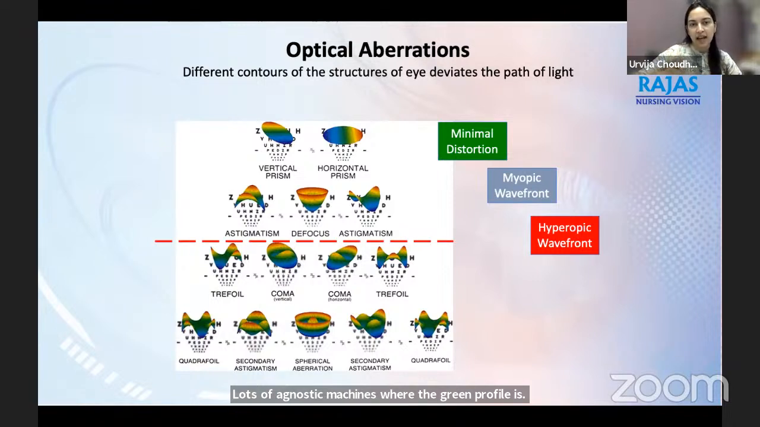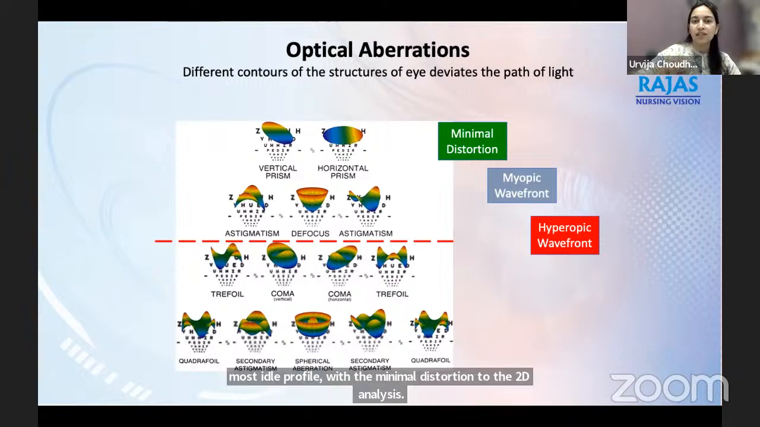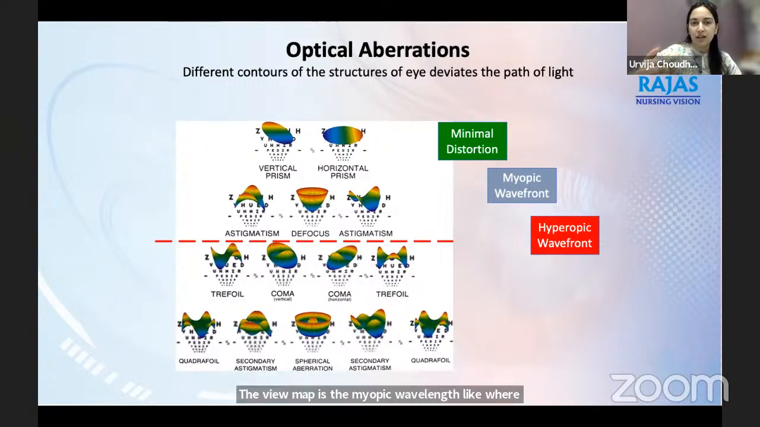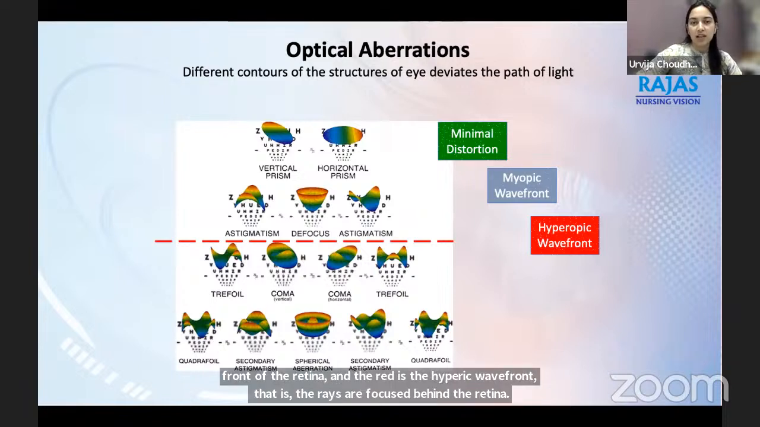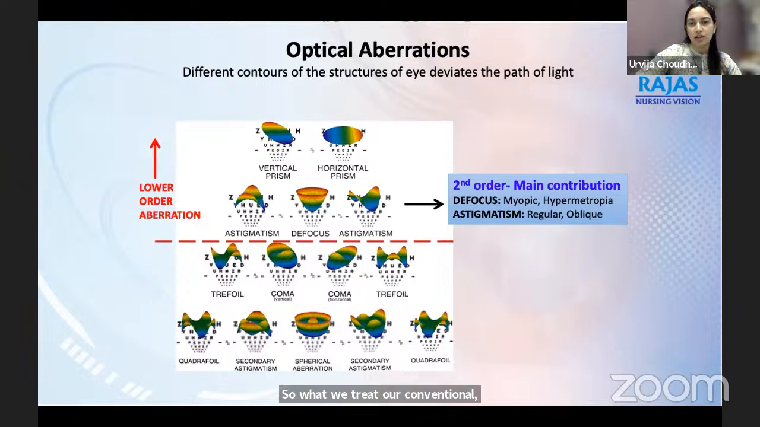It is a 2D analysis. The blue map is the myopic wavefront, where the rays are focused in front of the retina, and the red is the hyperopic wavefront, where the rays are focused behind the retina. So what we treat in conventional LASIK is the lower order aberrations, mostly the myopia, hypermetropia, and the